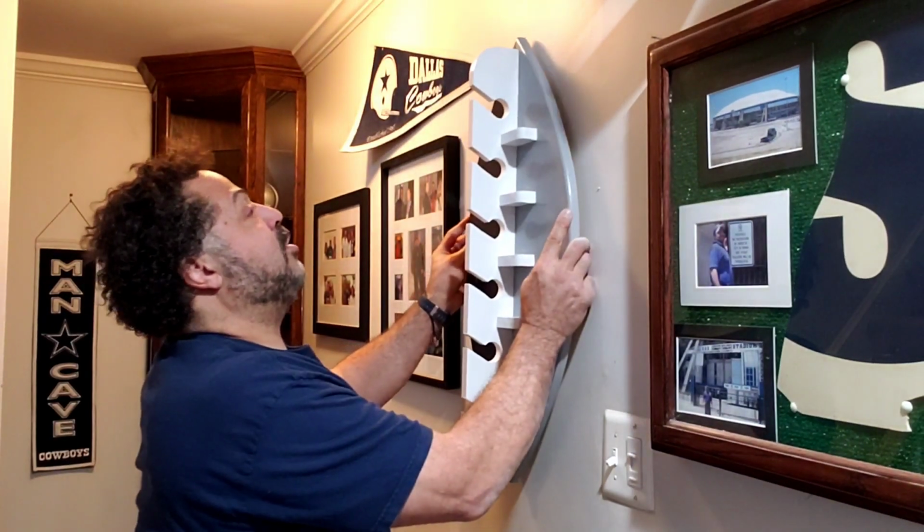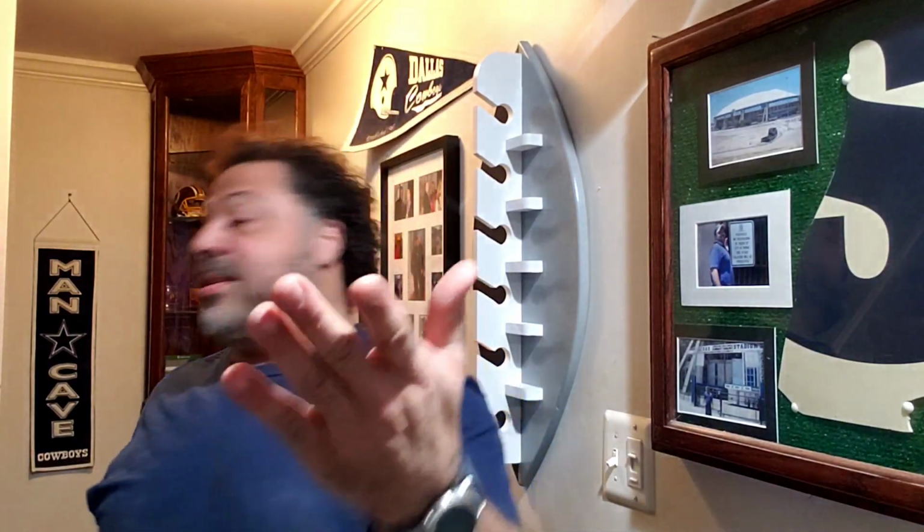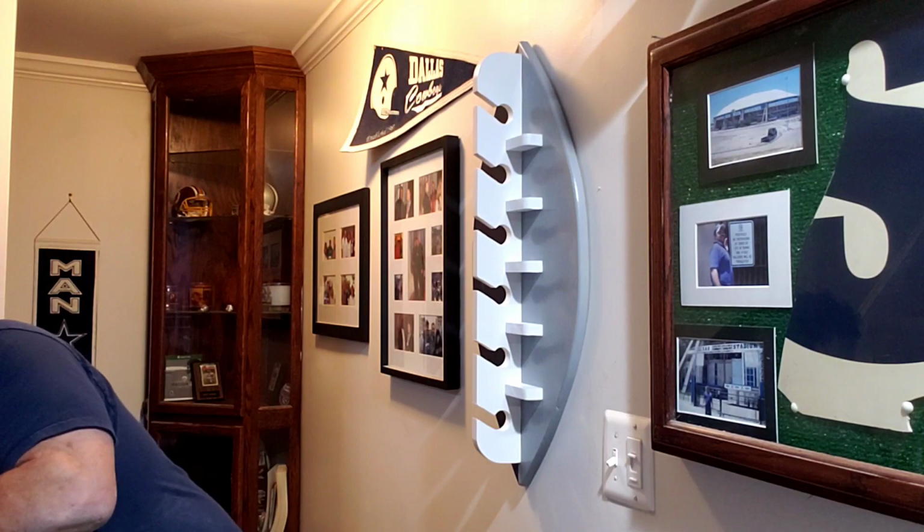And what it is, they have this little point in here that bites into the drywall. So you pop those on there just like that. Now check this out. It's real easy to hang. You find the spot that you want to put it on, right? And then you just pull it down slightly. That's it. And see, this I love because I have a bunch of hats